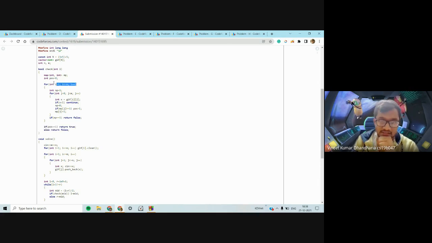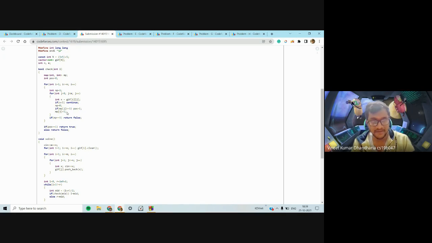Now you go over each of the n friends and you check all the shops. So gift[i][j] gives you the happiness that the gift from the jth shop would give to the ith person. So that is x. If x is less than L, then you can't take the gift from that shop for that particular person, else he would get less than L happiness. So you can't take that. If you can take the gift, and that shop is already taken by some other friend, like if that shop would also do for some friend previously, you mark pos as 1. That is, your answer is possible now.